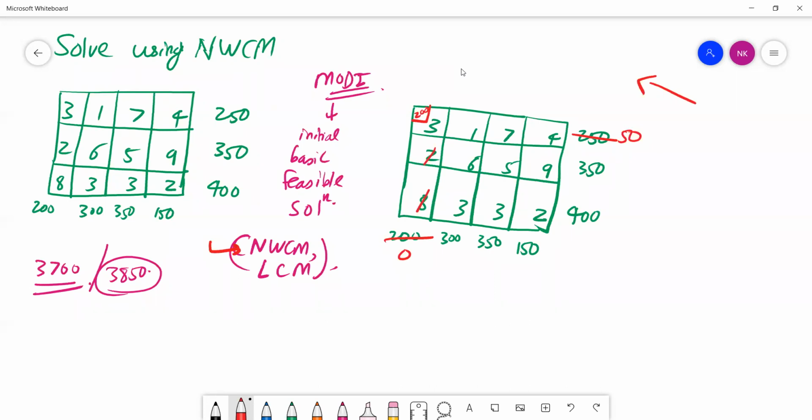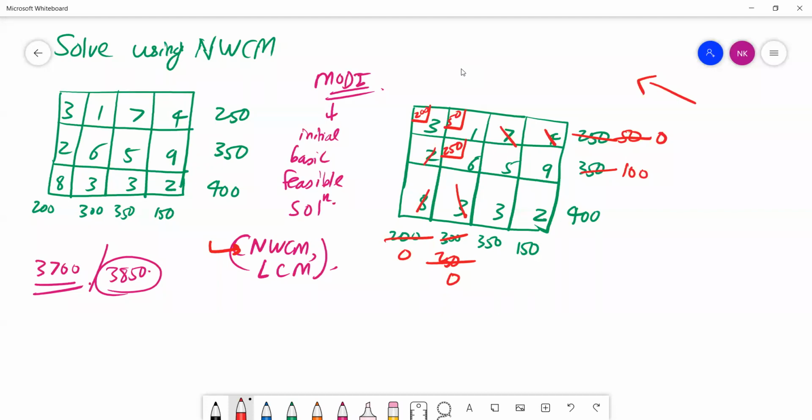Now again go to the northwest corner. Over here I will be allocating 50 units. What I was doing earlier was scribbling it out and writing the number of units; instead, now I am writing it in the corner. Over here it will be 0, over here it will be 250. This is 0, so just cancel it out. Go for the northwest corner, it is 250 over here, so I will be allocating 250. This will be 0, this will be 100. 0 is there, so cancel out.